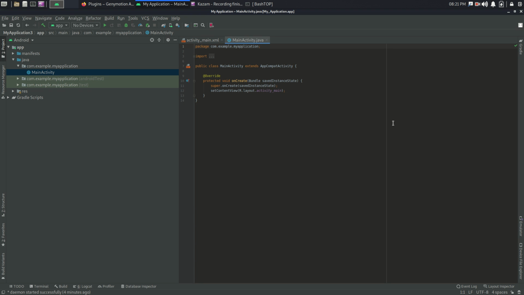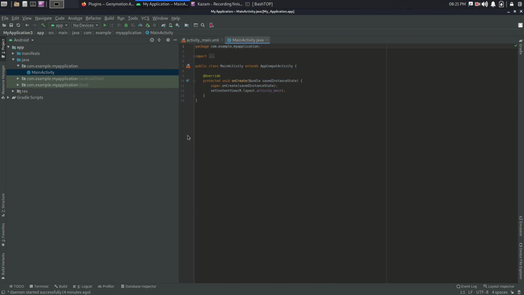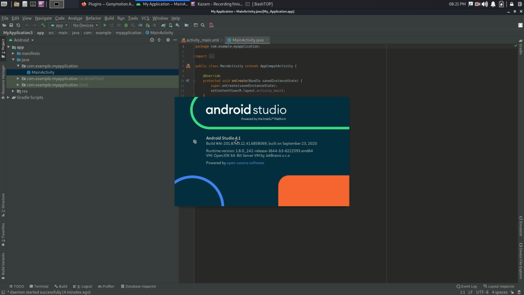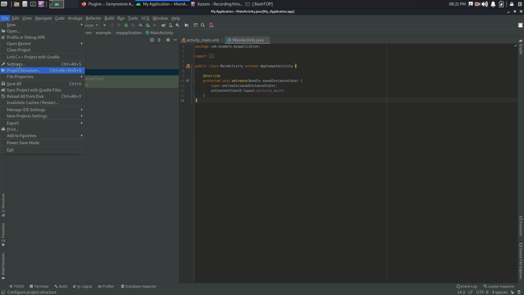Welcome to this tutorial. In this tutorial we're going to set up Genymotion and enable it in this version 4.1. Okay, go first to settings or hit Ctrl S